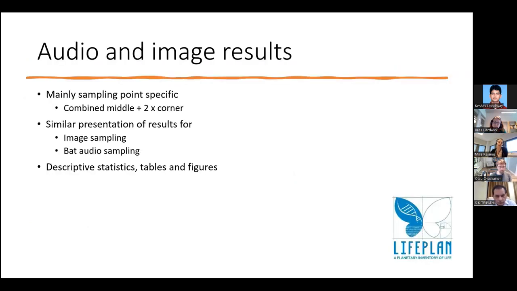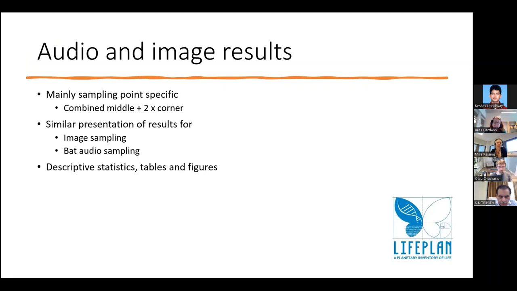So this data we have from 3 different sampling points, the 2 corners and 1 middle, or whether it's 4 corners or 2 corners, depending on the year of the sample. However, we can present these results for each sampling point specifically on most data. And as I mentioned, the presentation of these results now, I have an example from the bird audio data, but also